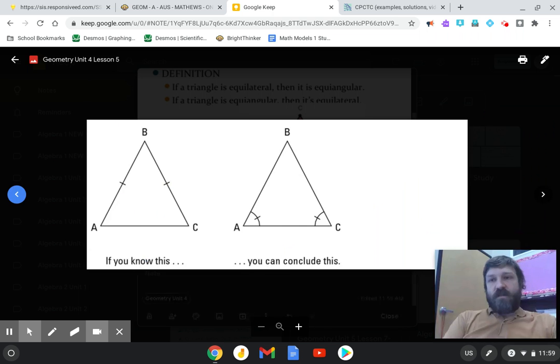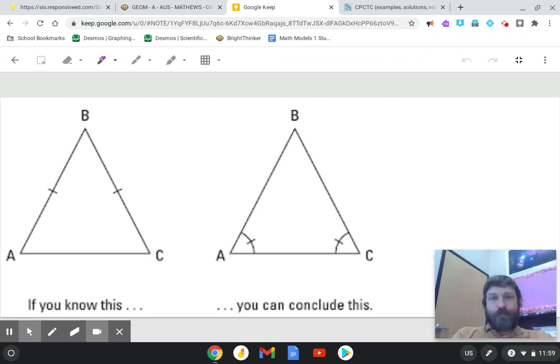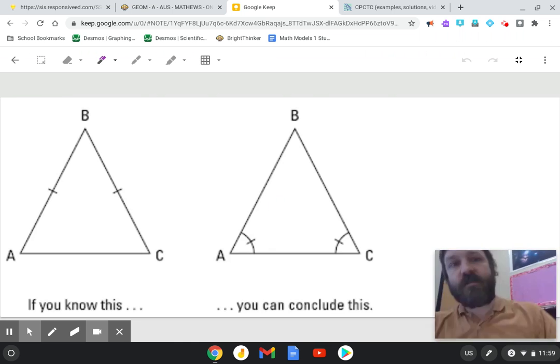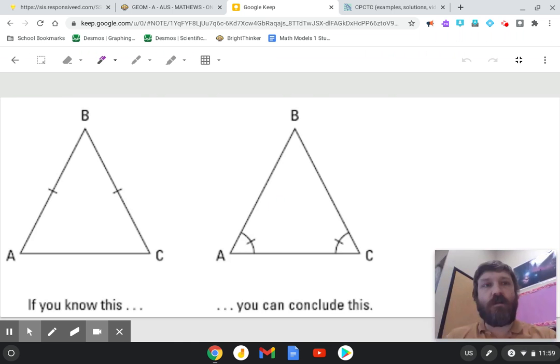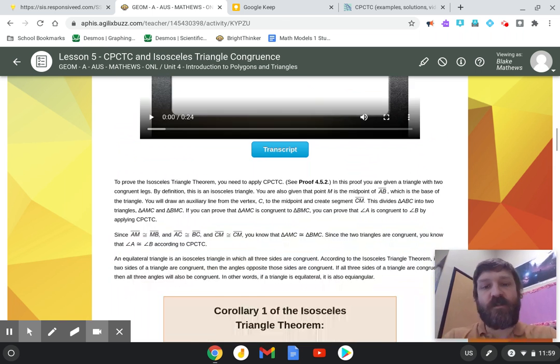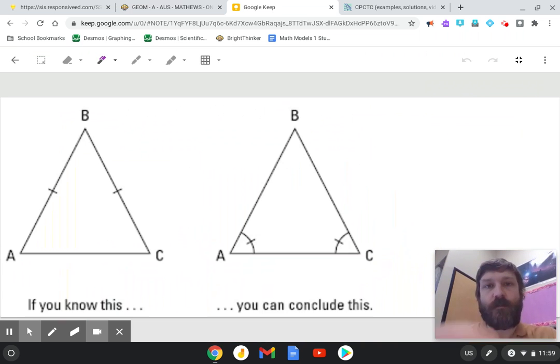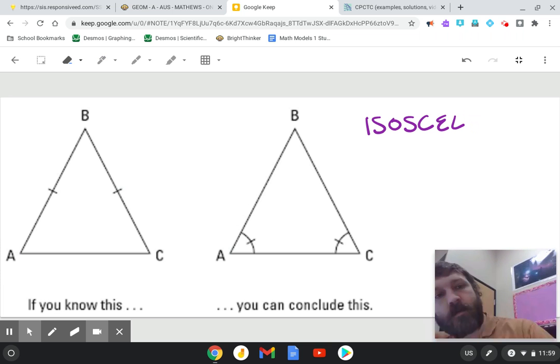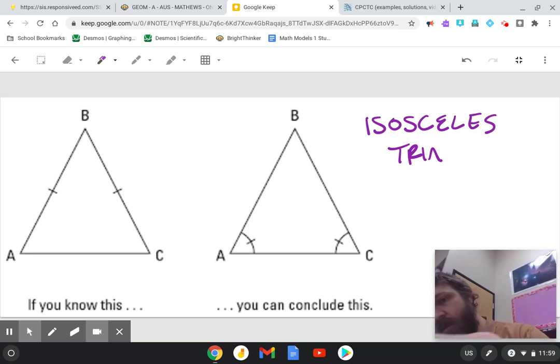All right, so the next theorem, I'm actually going to draw on this one, is what we call the isosceles triangle congruence theorem, or just the isosceles triangle theorem. So we're going to write that. Let me write that down for us. Isosceles triangle